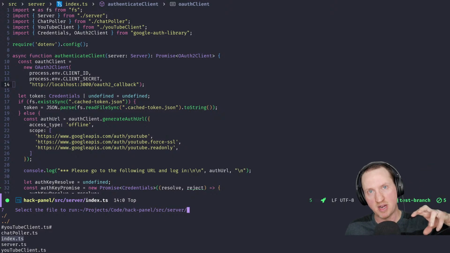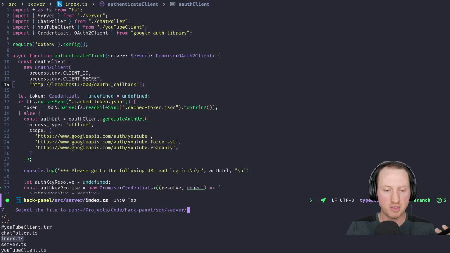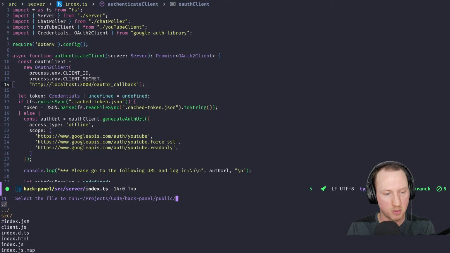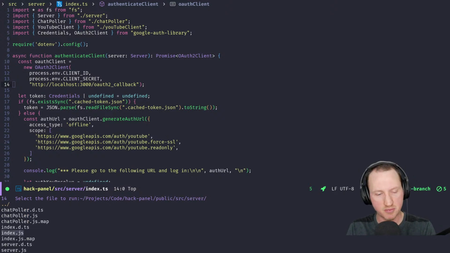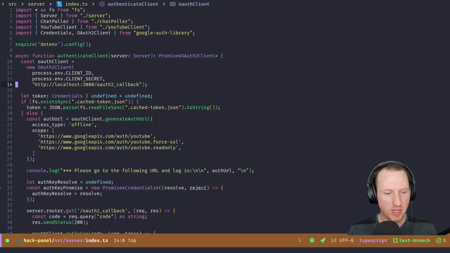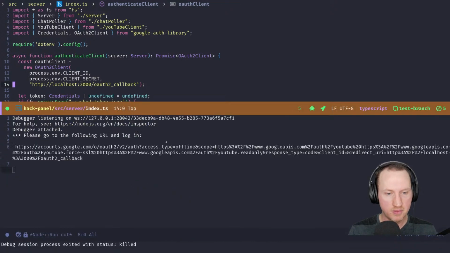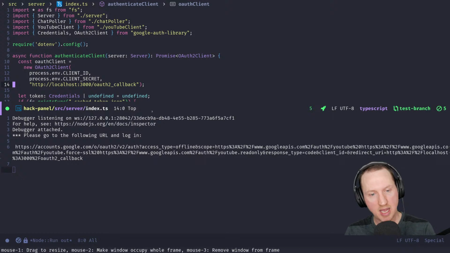So I'm going to select my, actually, I'm not going to select the index.ts file because running a TypeScript file directly requires a little bit of extra config. I'm going to actually run the compiled JavaScript file for this program. I'm not going to go into the details of all that just because we're trying to do a high-level overview of dap-mode. So I'm selecting this index.js, and you'll see that the mode line changes color